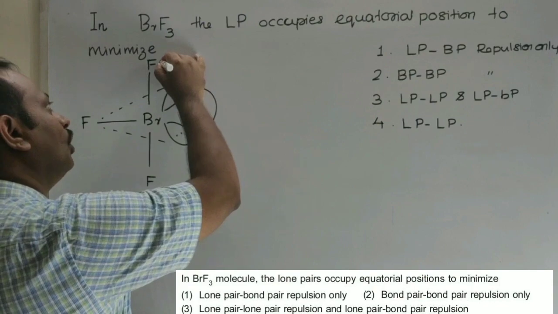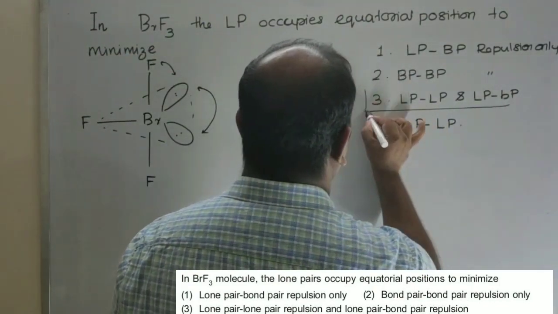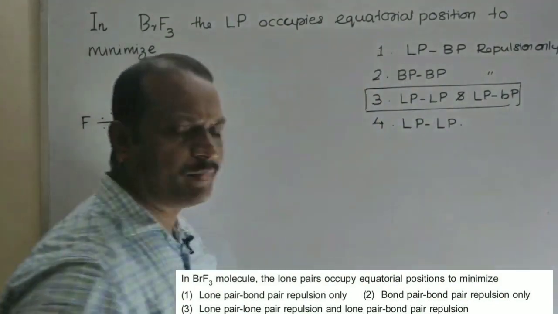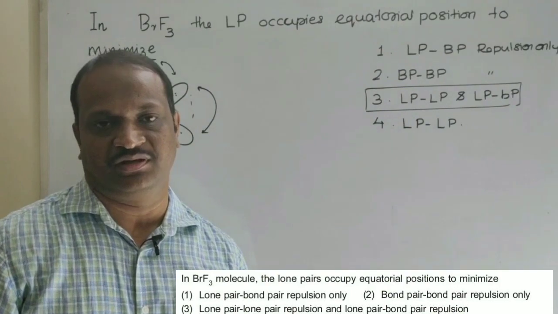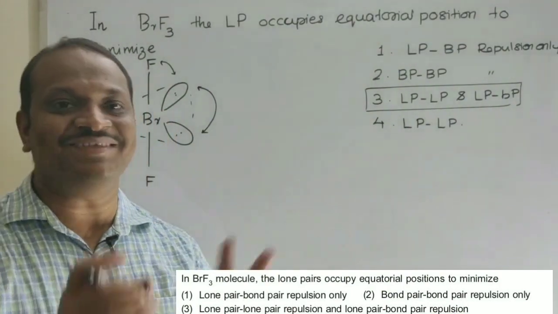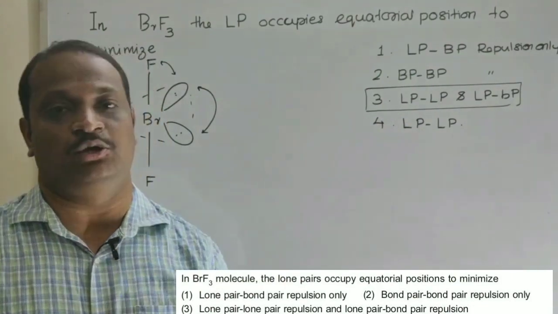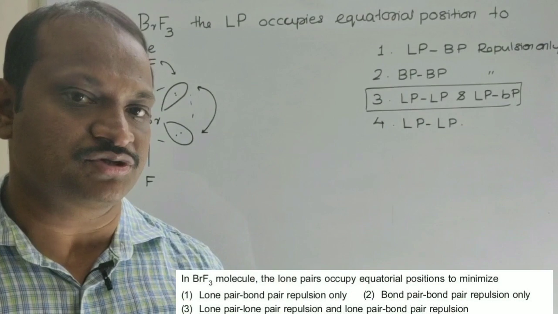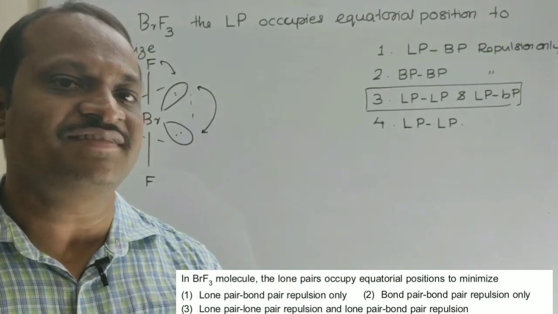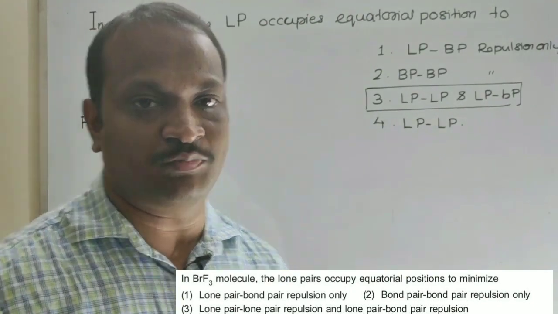Similarly, we have a lone pair bond pair repulsion. So your answer for this particular question is 3. But here, I would like to add two more compounds. The first compound is PCl3F2 and the next compound is PF3Cl2. If somebody asks you to draw the shape of these two compounds, you may draw them wrongly. Let's see what the correct structure of these two compounds is.